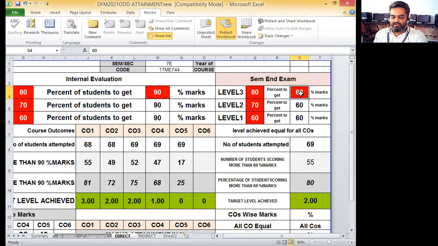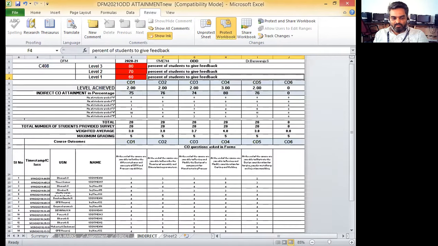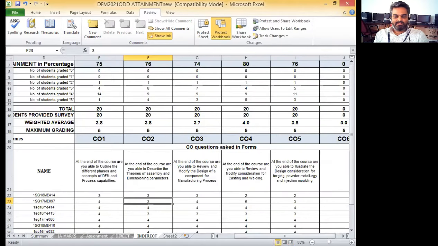So, or you can keep the higher target, 70% marks, when nobody will attend. No COs will be achieved, no target is achieved. So like this, you can change the targets and calculate the attainment sheet. And whatever feedback you obtain can be shared here and copy pasted with